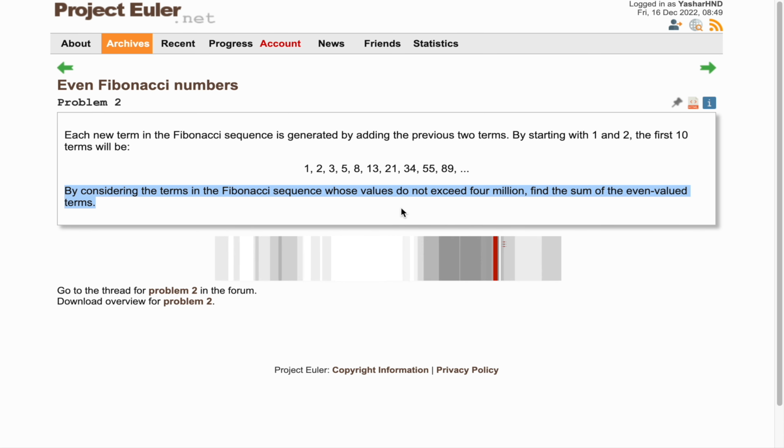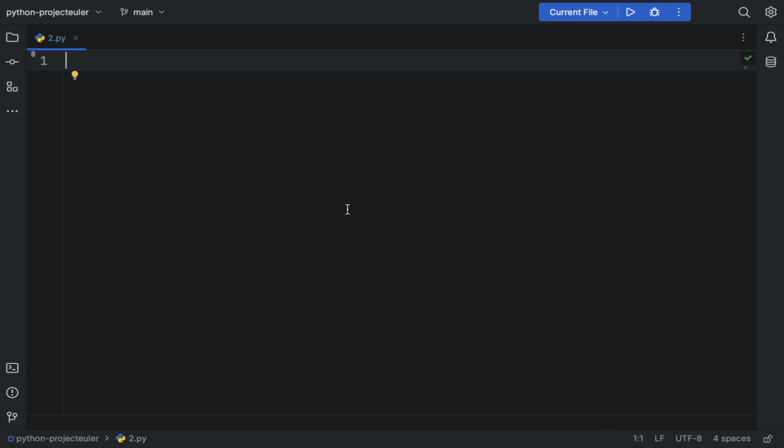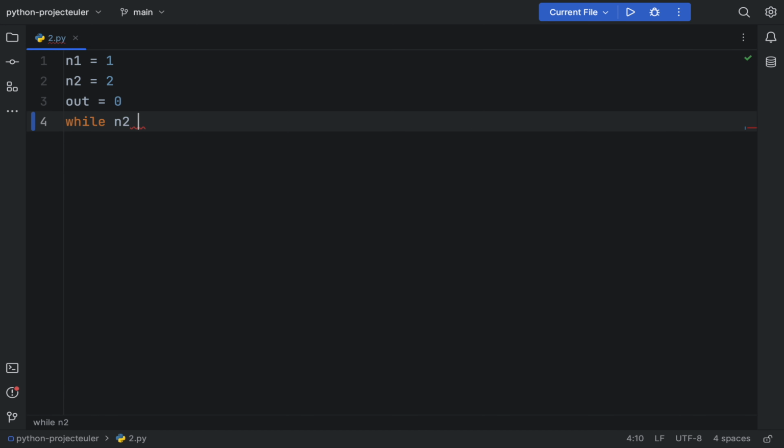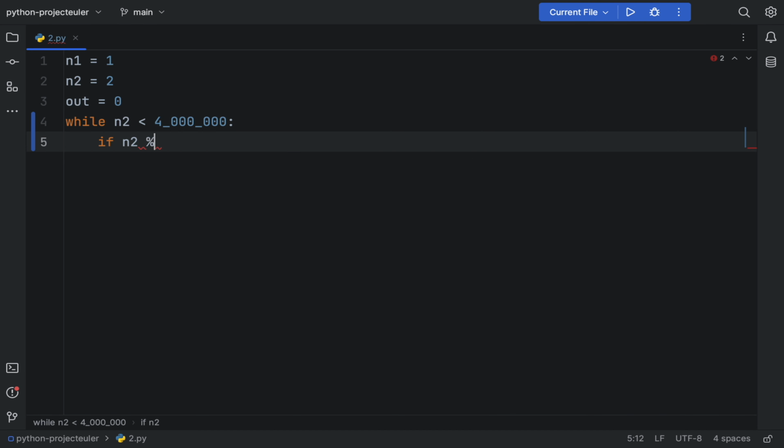even valued terms. So let's say n1 is 1, n2 is 2, output at this point is 0. We'll add the even numbers in the Fibonacci sequence to this output. So while n2 is below 4 million, let's say if n2 is even,